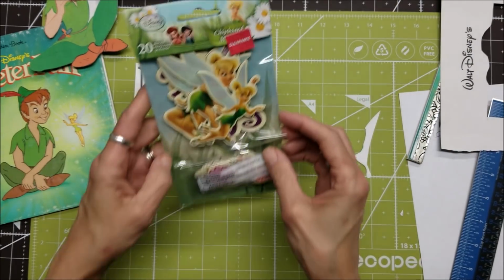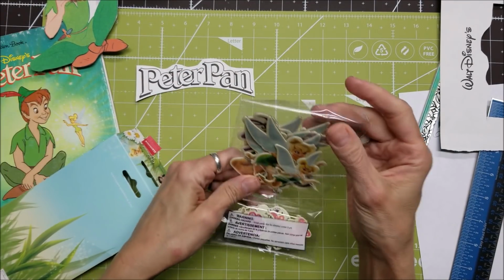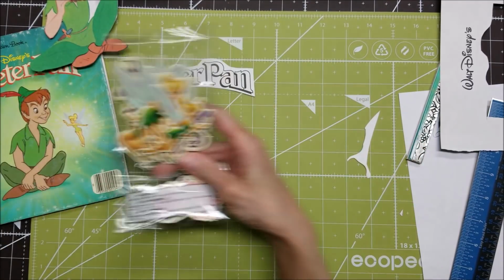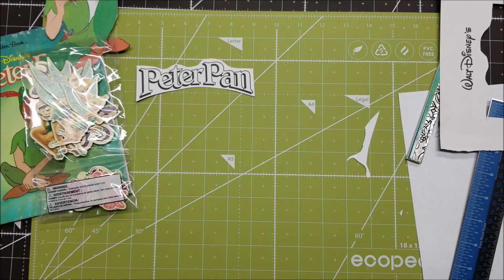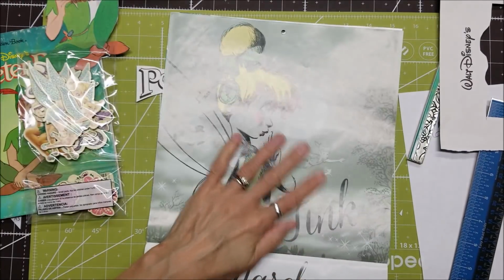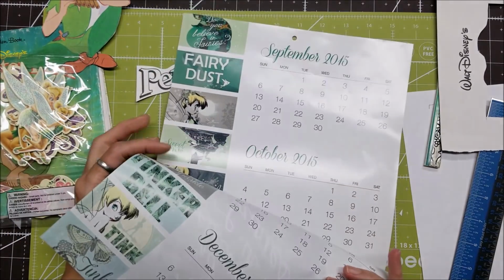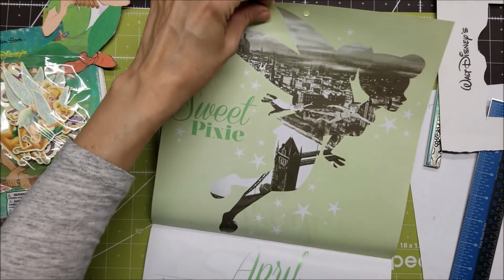Now someone gifted me these, and these are chipboard Tinkerbells. Very cute. I think we're going to find some things in here that we can put in there. I'm just going through my stash now. I also have this calendar, which has pretty big images, but I think I might be able to add, I'd have to cover up the back side because Sweet Pixie,